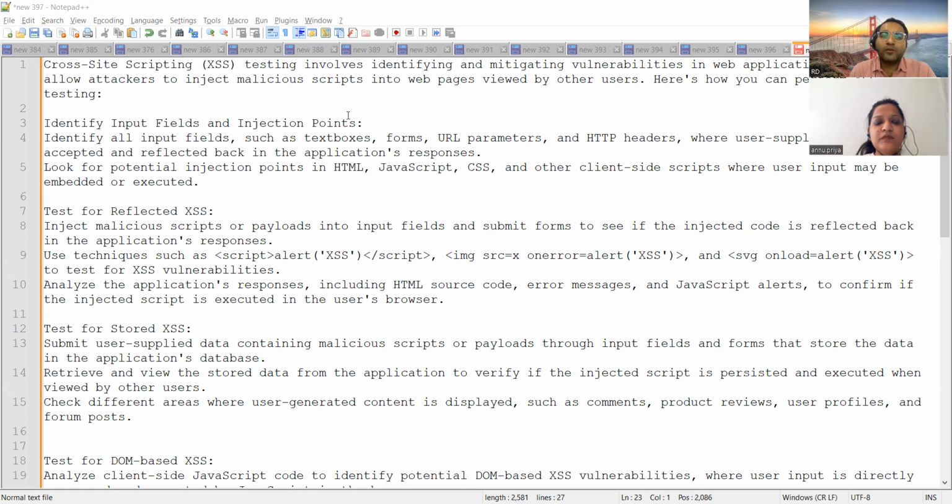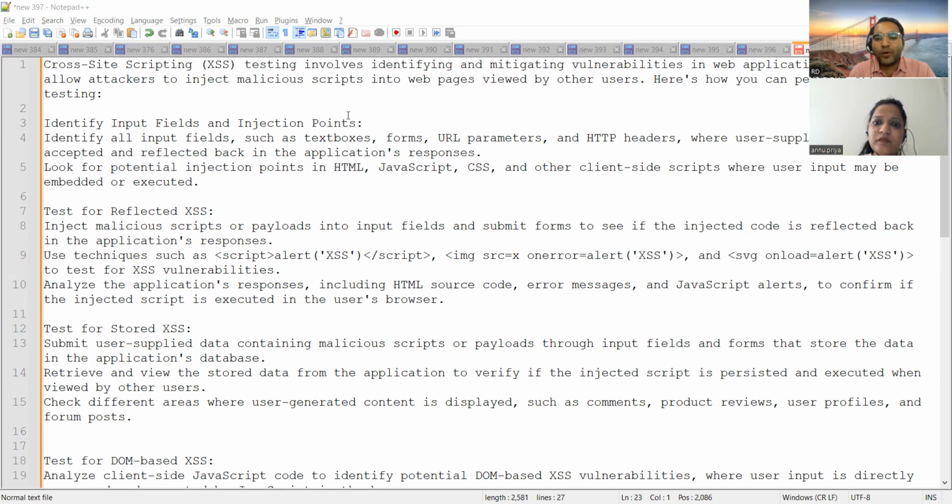If a malicious script is injected into that particular page or screen, that is called cross-site scripting. So you identify and mitigate these kinds of vulnerabilities.